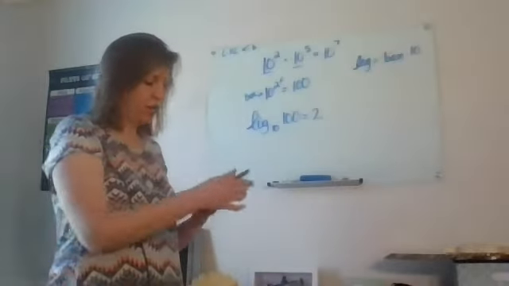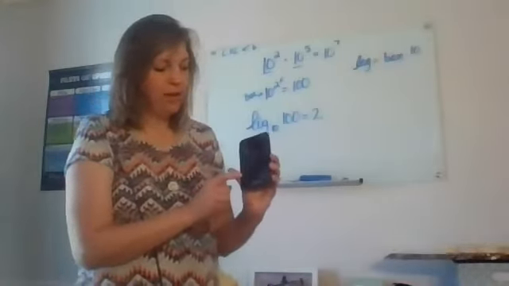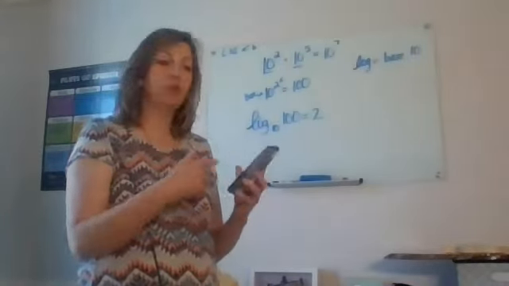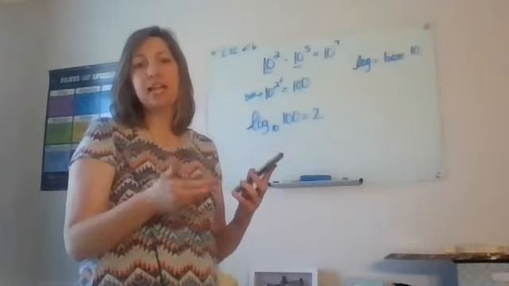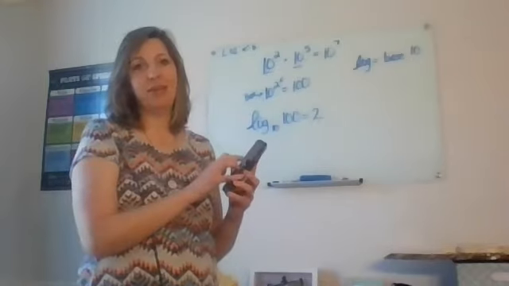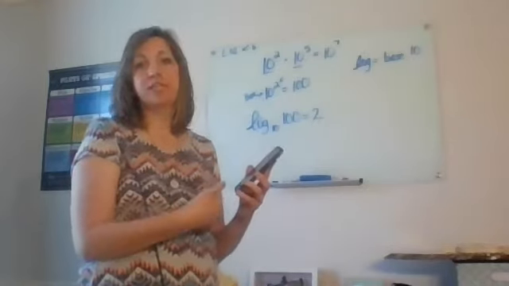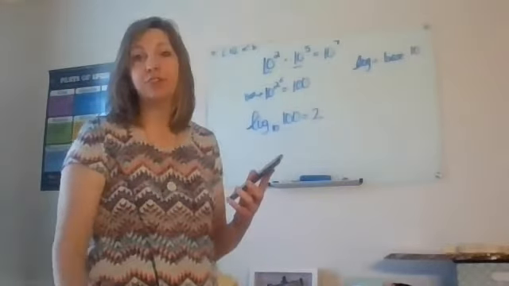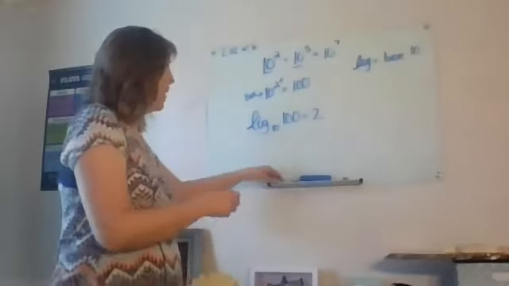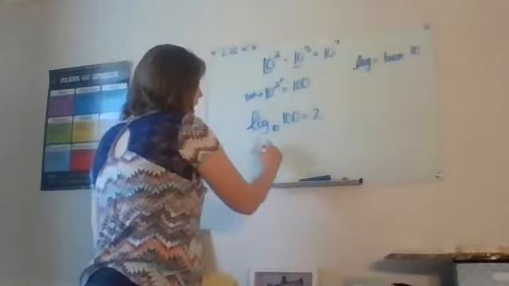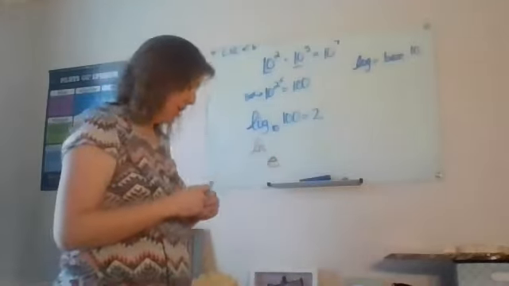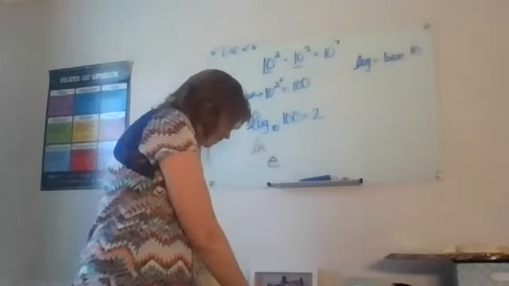So your book is reminding you that you have the log button and then the natural log button. So you're either using one of those buttons or you're using, the book says inverse. Some older calculators use an inverse and some have a second button. So you'll push second log or second ln for natural log. And natural log is denoted, so where you see log written this way, natural log is written ln, or the base of it is e. And that number for the natural logarithm